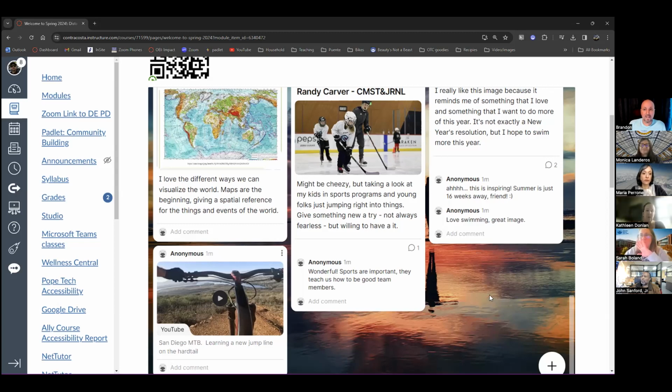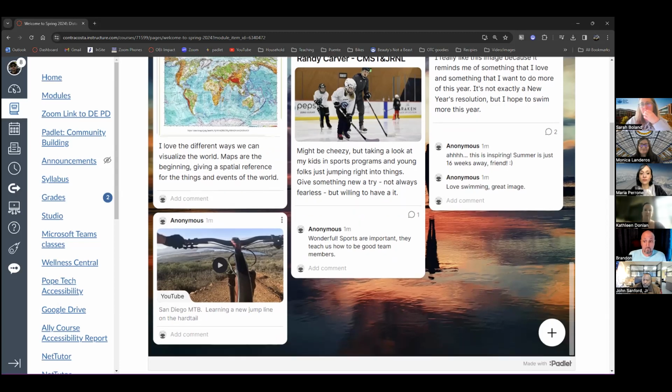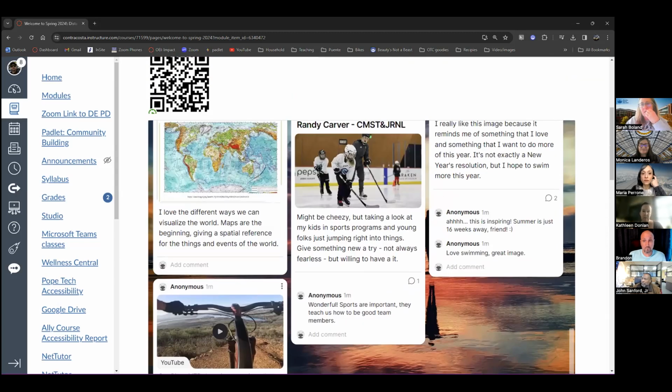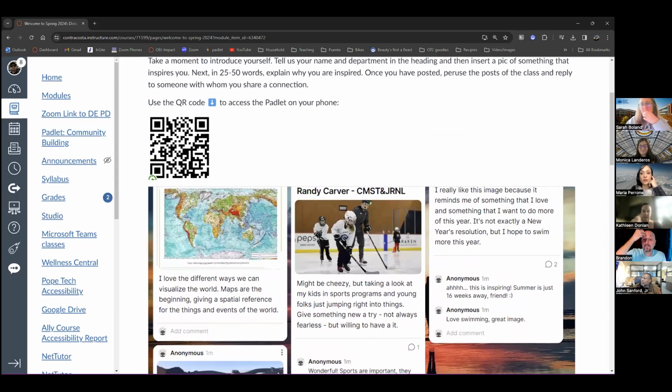Great question. Other questions, comments, thoughts? I have a question. Yeah, sorry, Kathleen, go for it. I'm a little late, but I do use Padlet a lot in my classes, and I'm just wondering how you get it to mark as an assignment. Do you upload it? Do you do the code, the clipboard code as an assignment? I've been having my students take a screenshot of what they've posted so they can remain anonymous but still get credit for it. Do you have a better way?